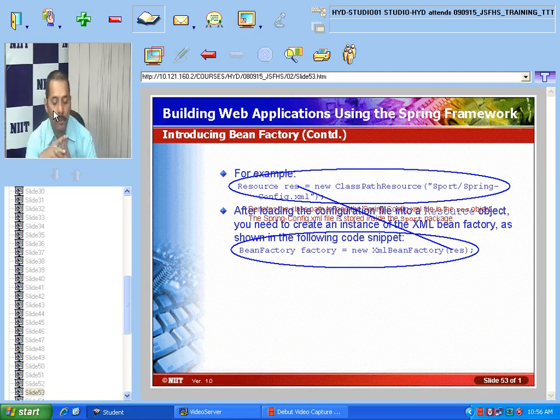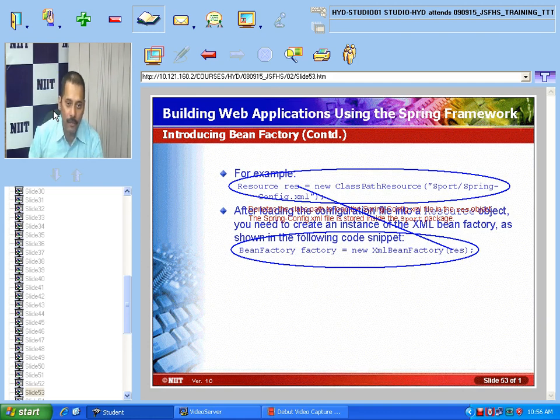Whereas in the case of prototype, it guarantees that each user request results in the creation of an independent bean for that single user only. For a particular user, one independent bean gets created. So that is called the prototype of your bean. Singleton is a single instance, whereas prototype is basically one instance per user.